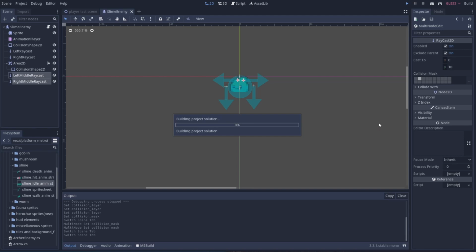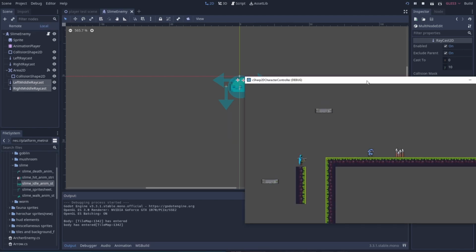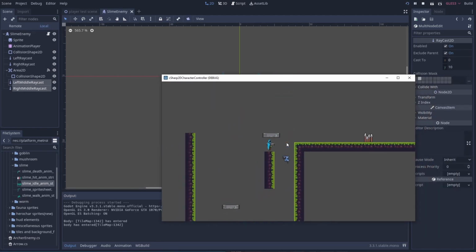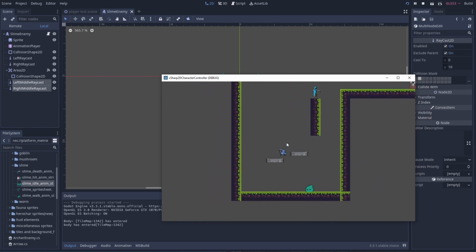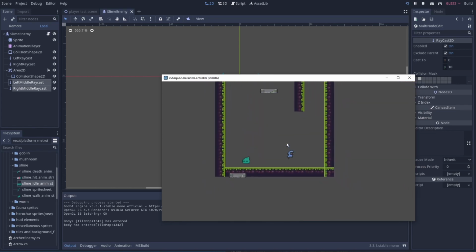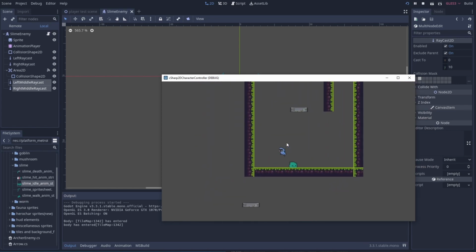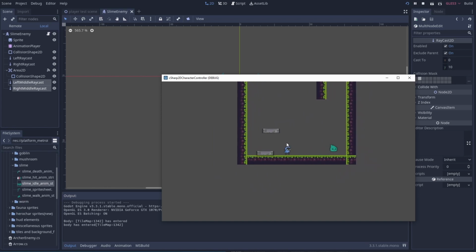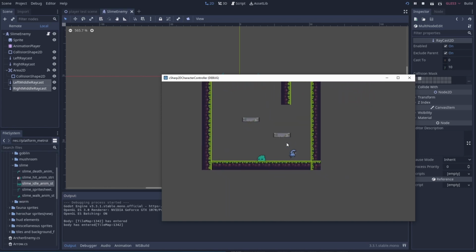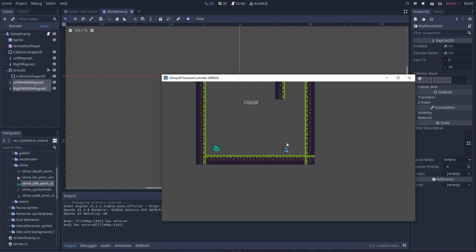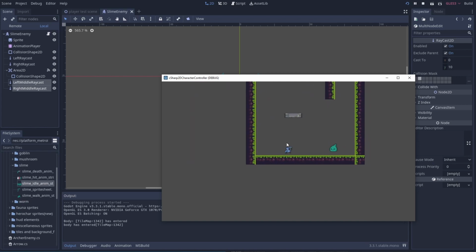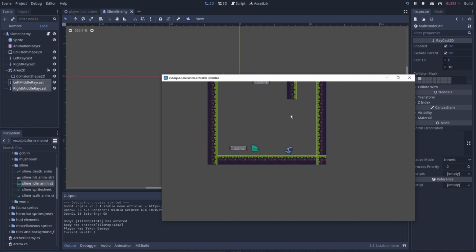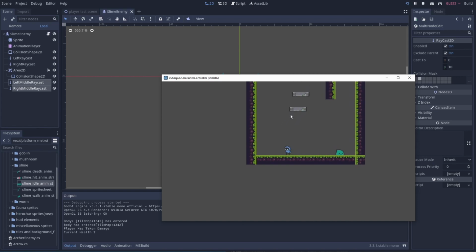So if we go ahead and hit play, you will see if I drop down here, he's now here. He exists. So that's good news. And he's not being stopped by the platforms. So that's awesome. That's exactly what we wanted. Now, we do need to wait for him to go through a platform. So I'm just going to let this go, and we will go from there. Nice. See, you can see that he went right through it. I know it's hard to see, but basically he goes right through it.